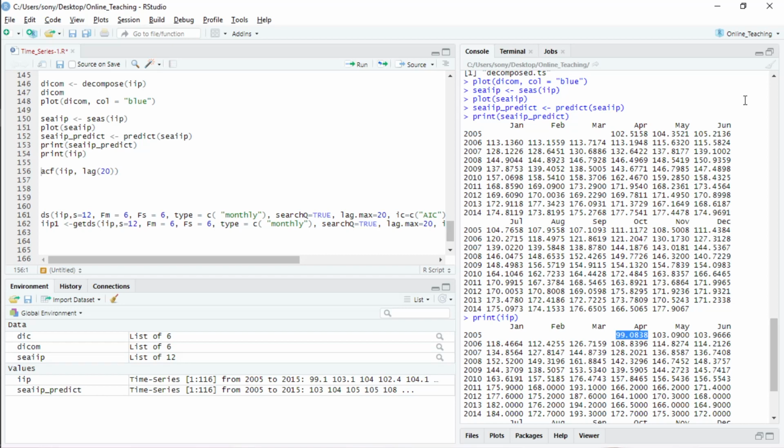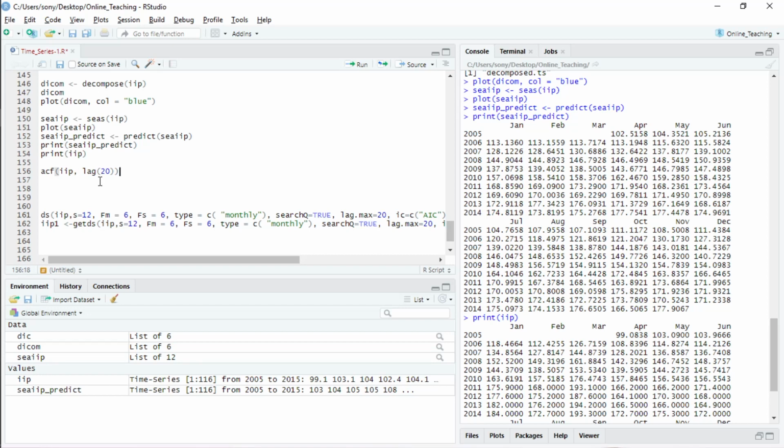Then suppose we want to check whether this deseasonalized data is following an AR process or an MA process. We just have to call the functions ACF and PACF. Here I am calling the ACF, taking a maximum lag of 20.